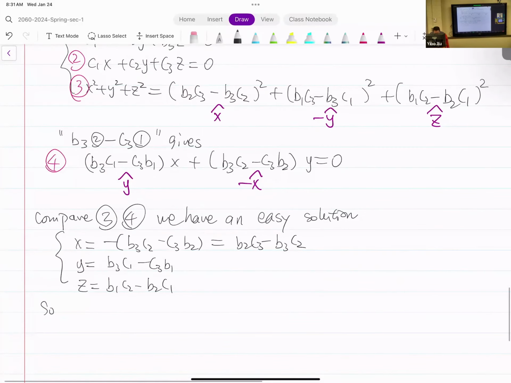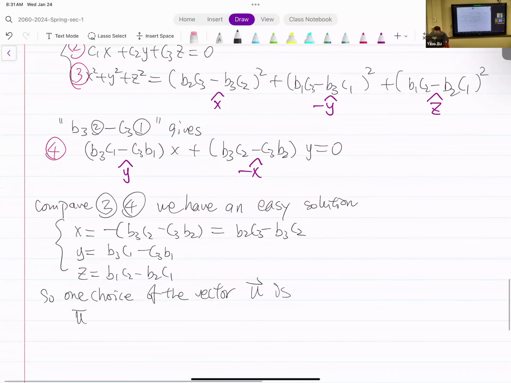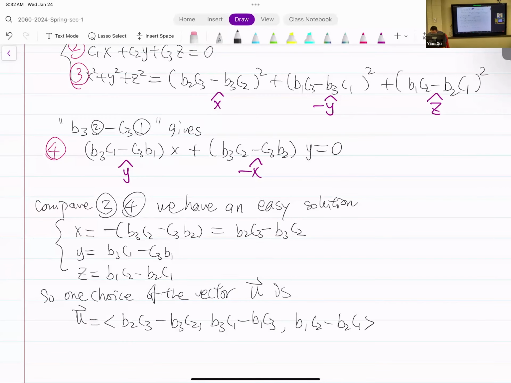So one choice of the vector u is exactly that formula that we started in this section. Okay. b2c3 minus b3c2, b3c1 minus b1c3, b1c2 minus b2c1. So